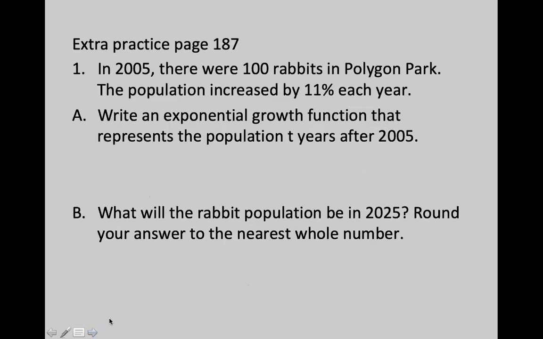All right, let's jump into some extra practice on page 187. It says in 2005, there were 100 rabbits in Polygon Park. The population increased by 11% per year. Write an exponential growth function that represents the population t years after 2005. If you don't have a calculator handy, you're going to want to grab one right now because lots of these